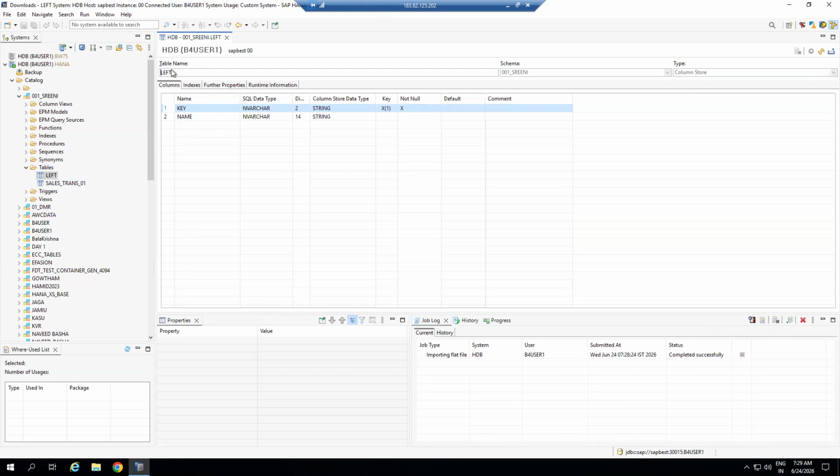What is here? Table name. Table name left only. So these are the columns. SQL data type. These are decimals. These are dimensions. Okay, you can see all these things. If you want to maintain a comment, you can maintain it. And now you can see